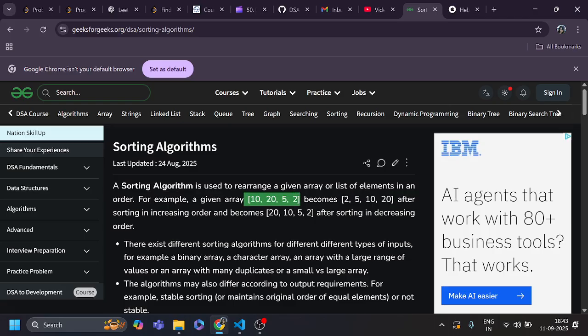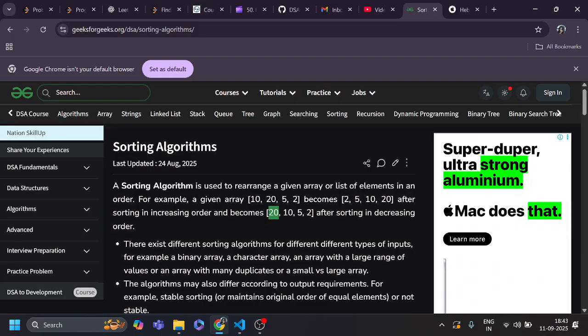And if you have 20, 10, 5, 2, this is what it becomes after sorting in decreasing order. If you want decreasing order, you need to put the largest element first, after that the second element which is lesser than the first element.